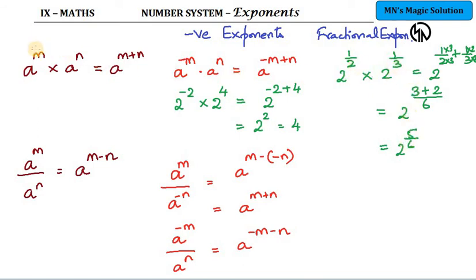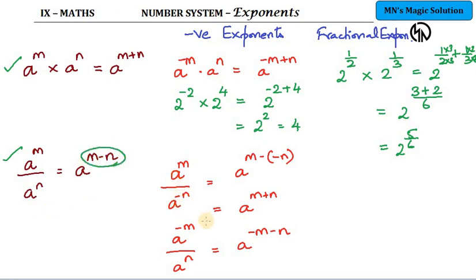So this is also similar to the same law of exponents. Here as well the exponents are added, provided the bases are the same and the sign is a multiplication. So when we multiply two quantities with the same base but different exponents or even the same exponent, whether it is a normal rational number or a negative exponent or a fractional exponent, we are multiplying, and that requires an addition of the powers. We are going to add the powers irrespective of whether it's a negative exponent or a fractional exponent. Same case, if it's a division, then we'll be subtracting the powers.